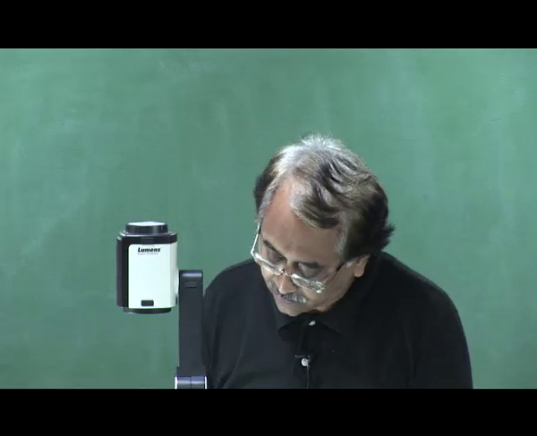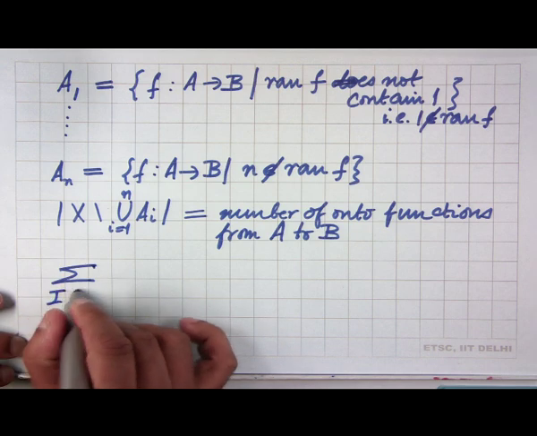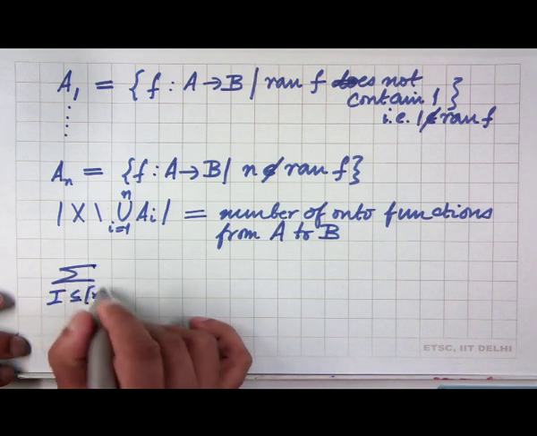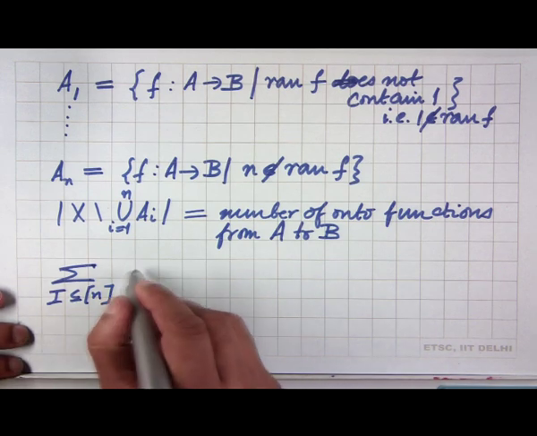Having figured that out, we simply have to now evaluate, which is the second part of pi. We have to evaluate by using pi what we get for the formula for the number of such mappings. What is the right-hand side? The right-hand side is a sum over the indexing set I, sum over all subsets of n,